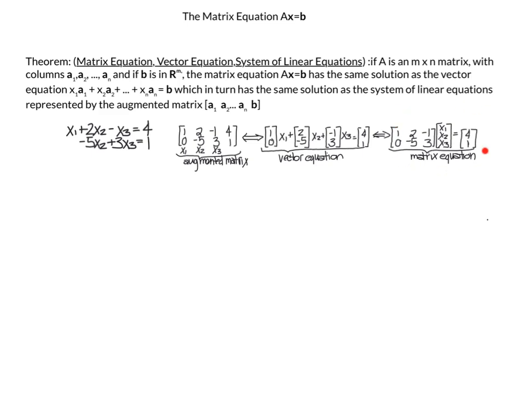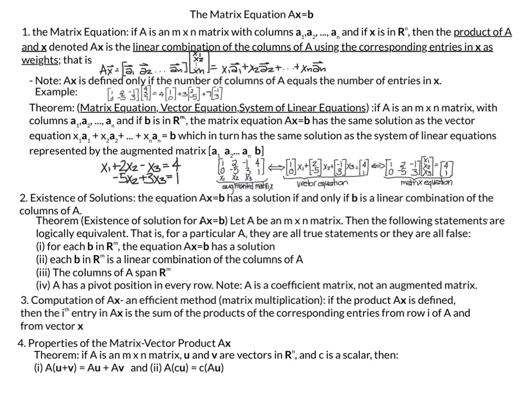In this video, we're going to look at the matrix equation and see that it also, according to this theorem, has the same solutions as the vector equation, which has the same solution as the system of linear equations. That's this theorem here. We are going to start by looking at the matrix equation, which is the matrix A times a vector x equals a vector b. We'll define how to do the calculation, as well as that theorem I had shown on the previous slide that shows that the linear equation has the same solution as the vector equation, which has the same solution as the